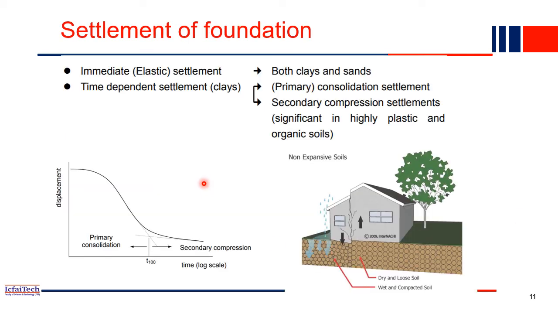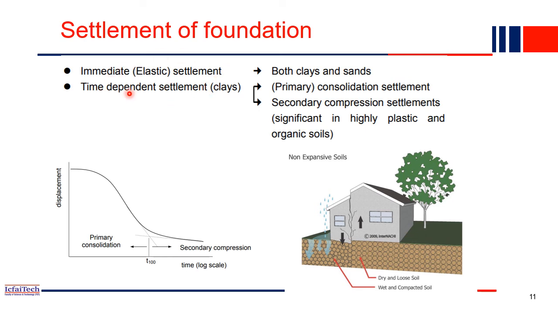So now, even though you increased everything, still you may find the settlement of foundation has happened. So settlement of a foundation may be classified into two parts. One is immediate settlement. Once you construct a structure, within 6 months or so, the building's one portion will be settled, right? So that is immediate or elastic settlement. This is happening because of clay and sand. If it is there in the foundation, this type of settlement you will find.